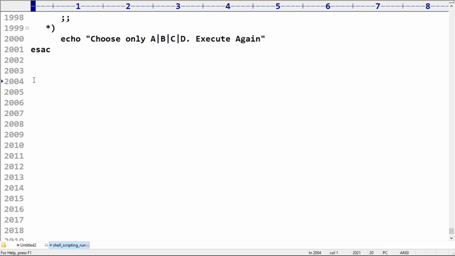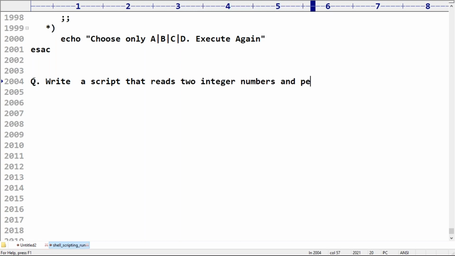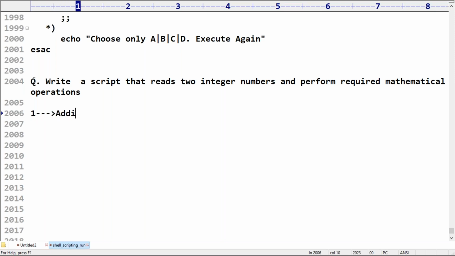Okay, now my next requirement is, observe carefully. Write a script that reads two integer numbers and performs the required mathematical operations. If I choose one, we have to perform addition operation.